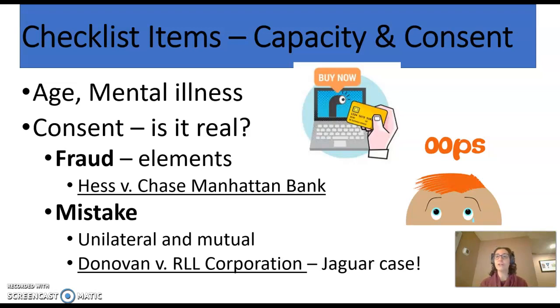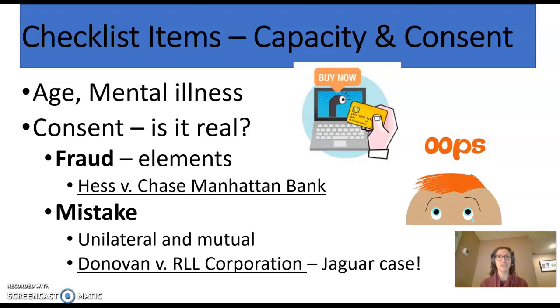Okay, the last one to talk about consent has to do with mistake. This is a really fascinating topic in contracting. What happens when somebody makes a mistake? So as your book describes, there's two types of mistakes. There's unilateral mistakes, meaning only one of the contracting parties made the mistake. And then there's bilateral mistakes, meaning both parties made a mistake. And it actually has an effect on who can void or set aside the contract based on the mistake.